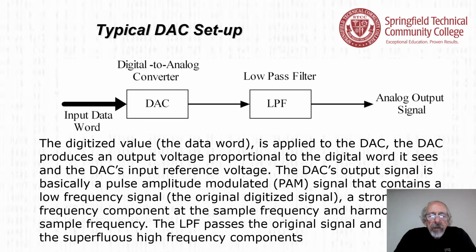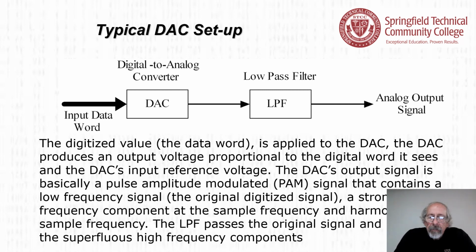So, as I mentioned earlier, here's a typical DAC setup with a low-pass filter in the output. So you see the input data word bold because it's many bits coming into the DAC. Then there's the low-pass filter, the LPF, and the analog output signal. So the digitized value, the data word, is applied to the DAC. The DAC produces an output voltage proportional to the digital word it sees and the DAC's input reference voltage. The DAC's output signal is basically a pulse amplitude